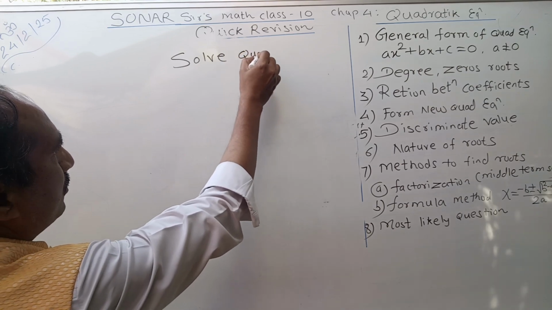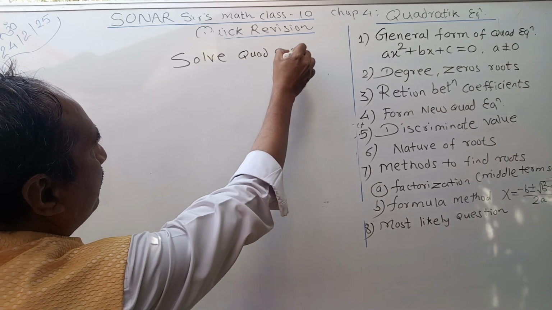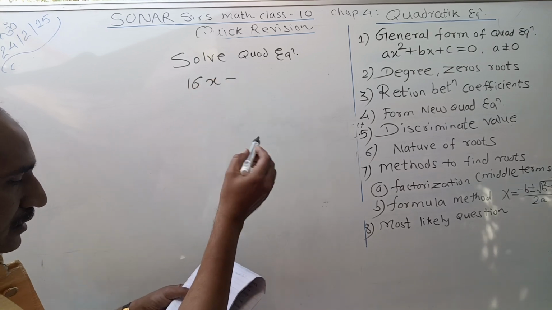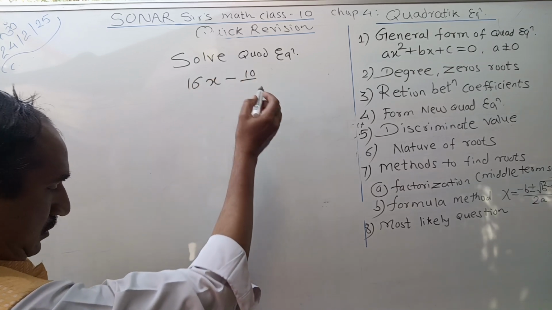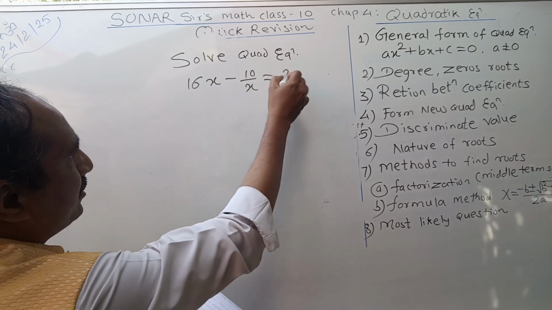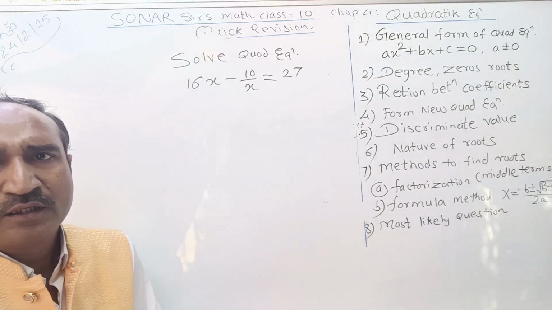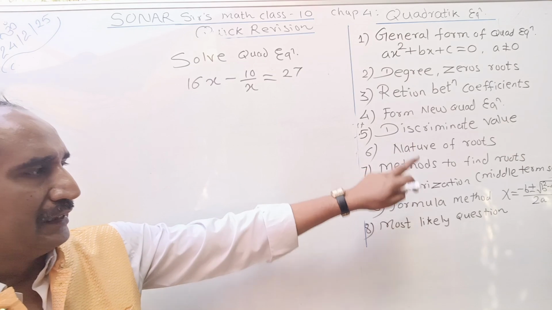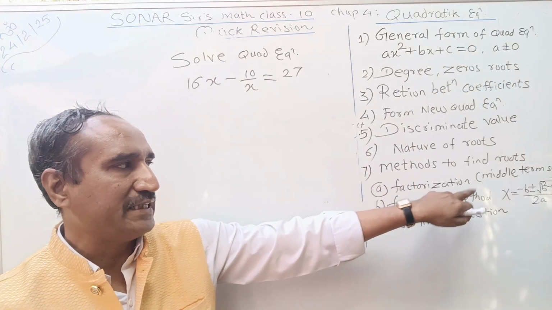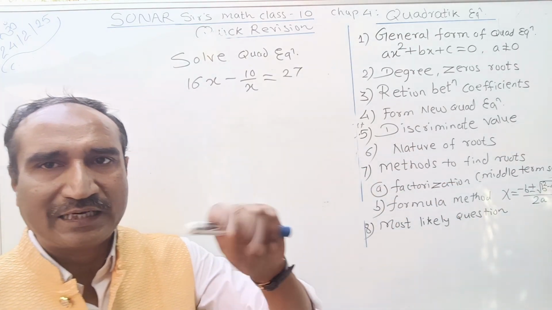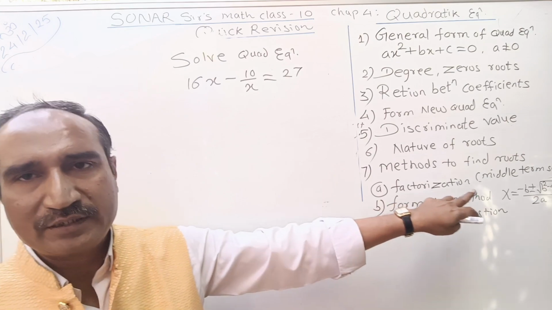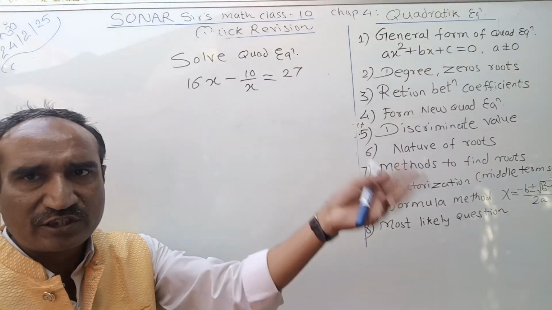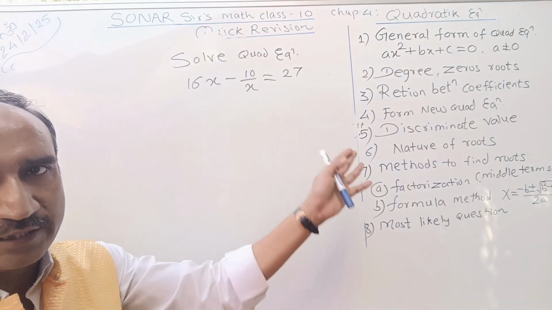Solve the quadratic equation, and the equation is 16x minus 10 upon x is equal to 27. We'll solve this equation by both the methods. First, that is the factorization, middle term separation, and second one, formula method. By both the methods, we'll solve the same question and we'll check also whether we get the same zeros